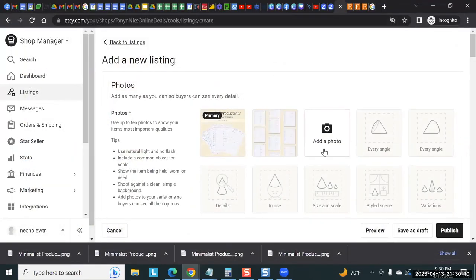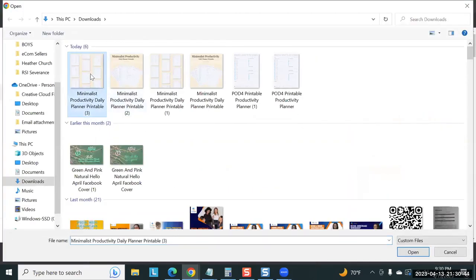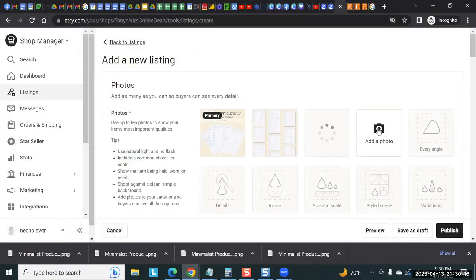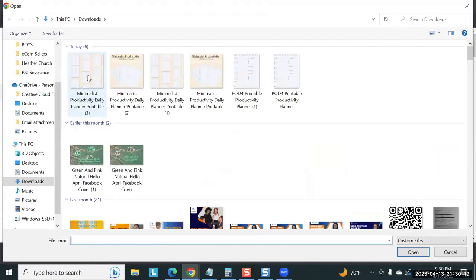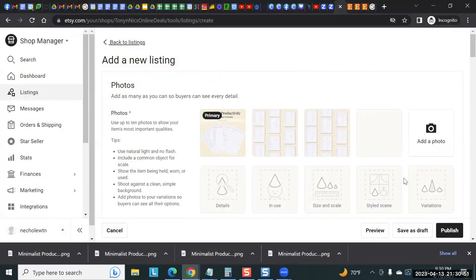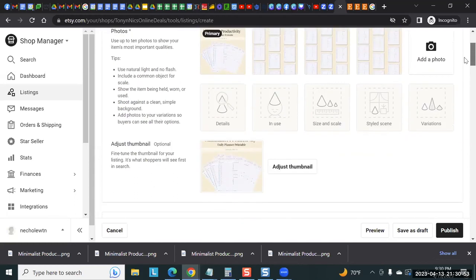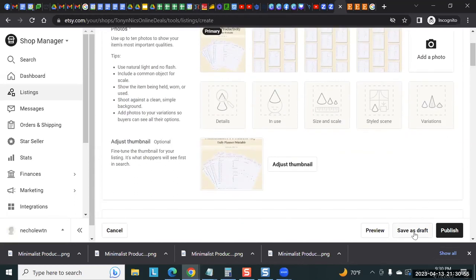I can go add my secondary images. If I had a video, I can go add whatever I wanted to. So I'm gonna pretend that I have multiples of this thing. And I don't, but again, we're just making up a listing. Okay. So now that I have gone through and I've added everything,